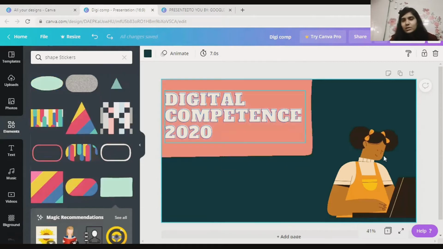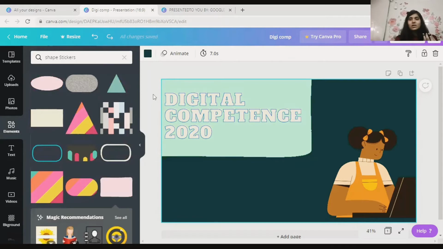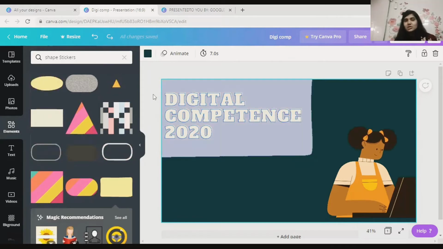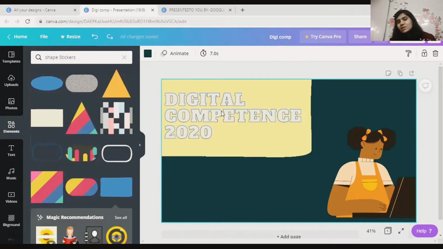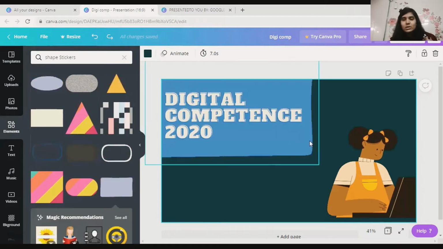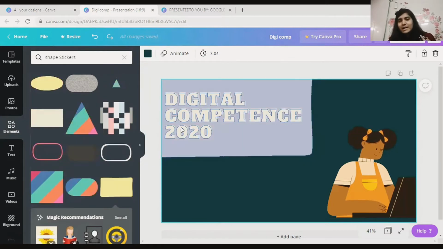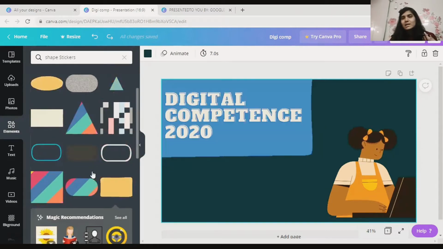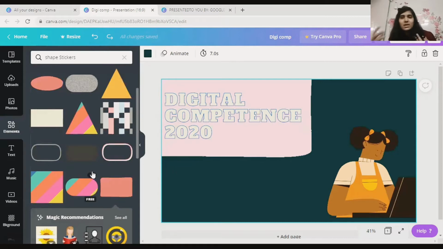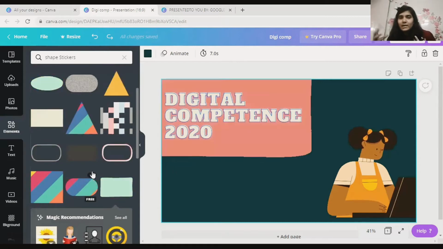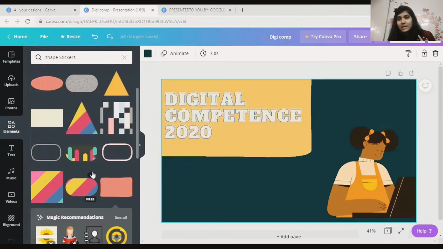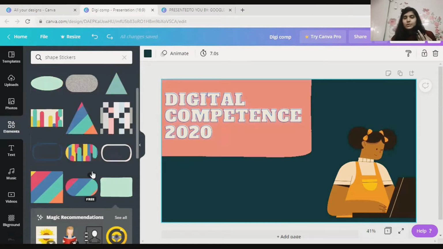So yeah, that's how you can create your own designs. You can add animations, and these kind of things you can add for anything. For example, if you're creating a video, you can always add these kind of things, stickers or all these things can be used in various ways. So you just have to use more creativity of yours to think how you can use these kind of things that are already freely available to you, right?